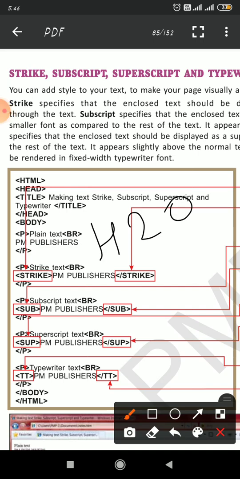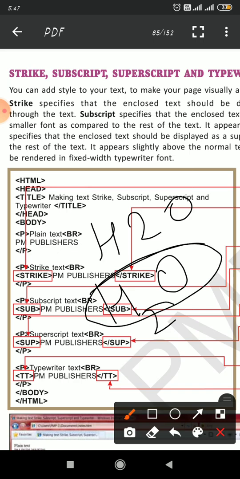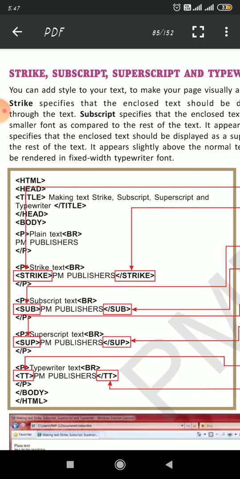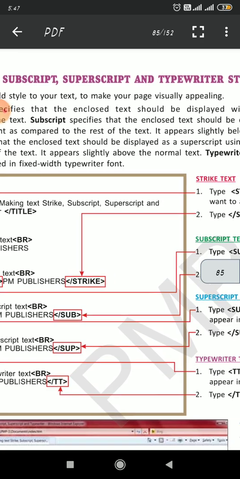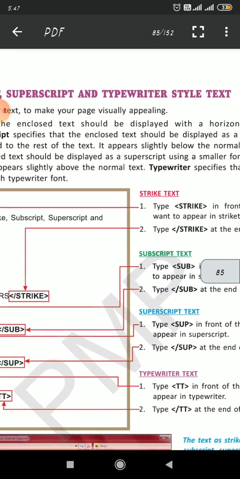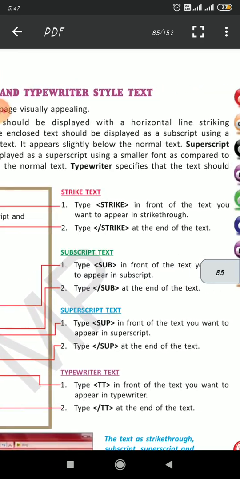So by using subscript, it will show in your browser like this. So the rest of the text is bigger and one is small, okay? It appears slightly below the normal text.